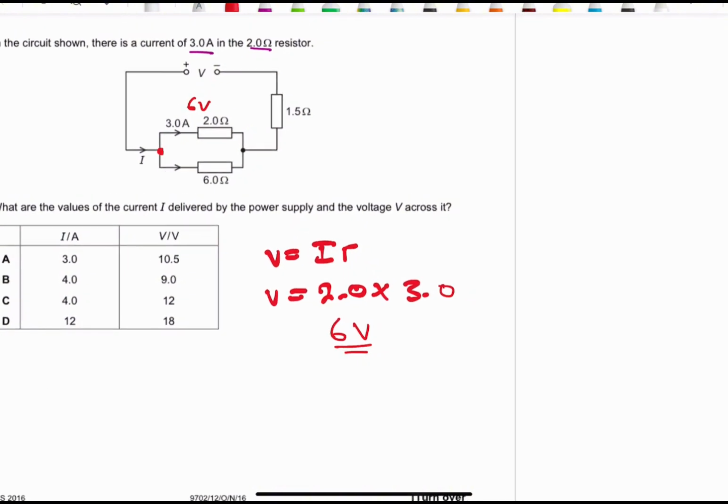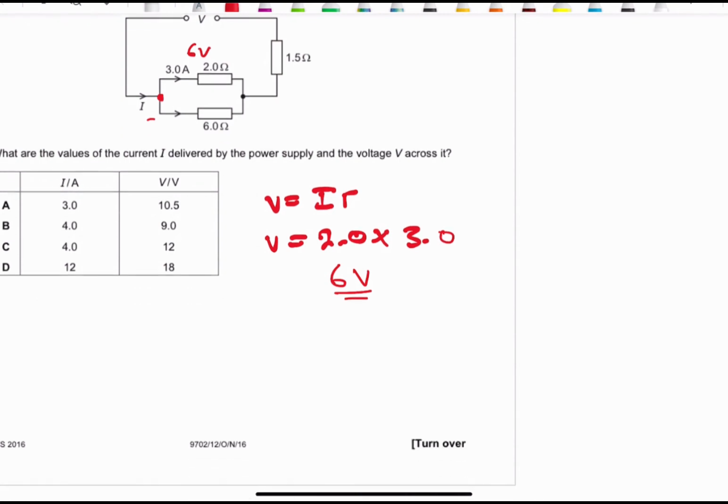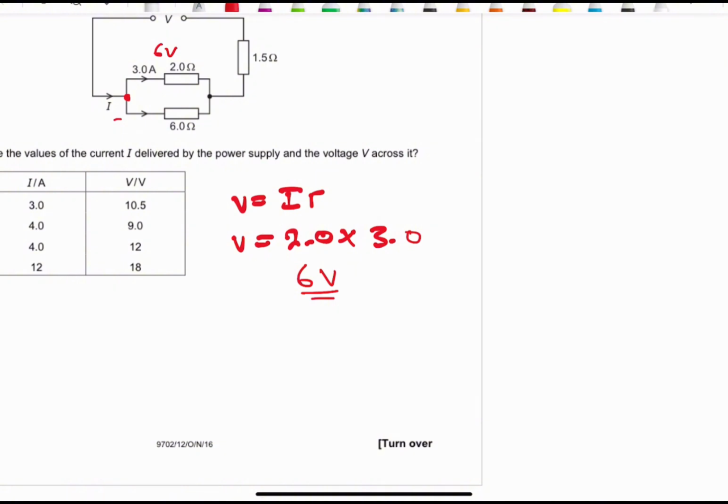Others decided to go down here, others decided to go up here, right? They have two different routes, but they're still the exact same electrons, which is very important for us to be able to work on that one. So since that is 6 volts, I can therefore find the current delivered, which is over there,